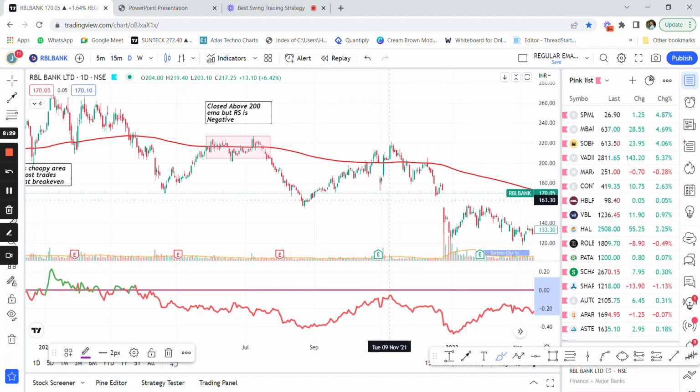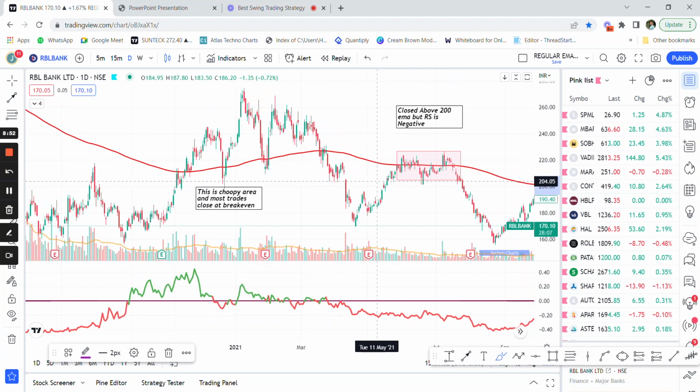Again, if we look at this, the stock closed multiple times above the 200 EMA, but we see that the RS is not in red color. The RS is not green here. So these are not the value buys, or these are not the buys that we are looking for. And we can clearly see that the stock eventually fell down and pulled back and fell further around 30-40%